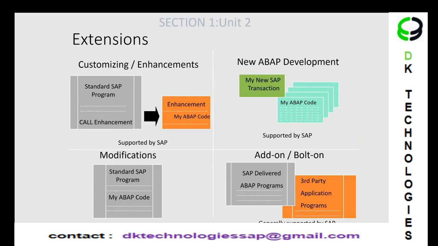Then extensions. Extensions are basically anything where you are extending the functionality of SAP software. Either you can extend it by implementing enhancements, or by modifying the standard program, or by creating a new program, or there are also some third-party add-ons that you can install in your SAP system, which will extend the functionality for you. There are many third-party vendors who develop these programs, which you can just implement in your SAP system, and it will extend its functionality. So you can use those. We'll be working on all these types of extension programs.